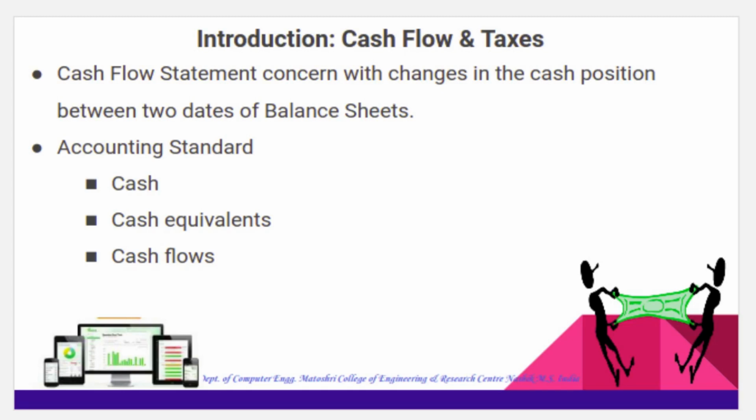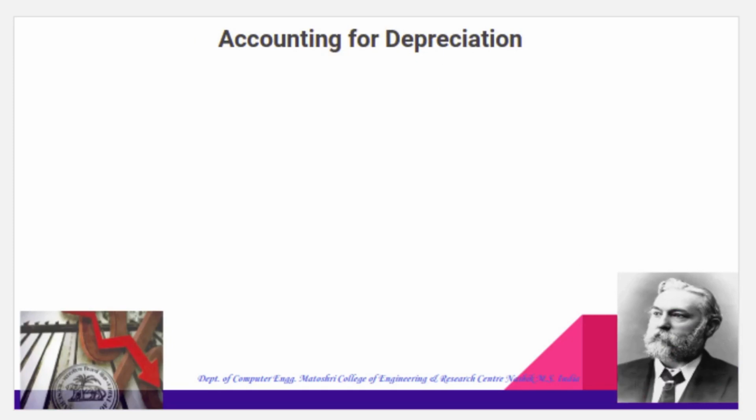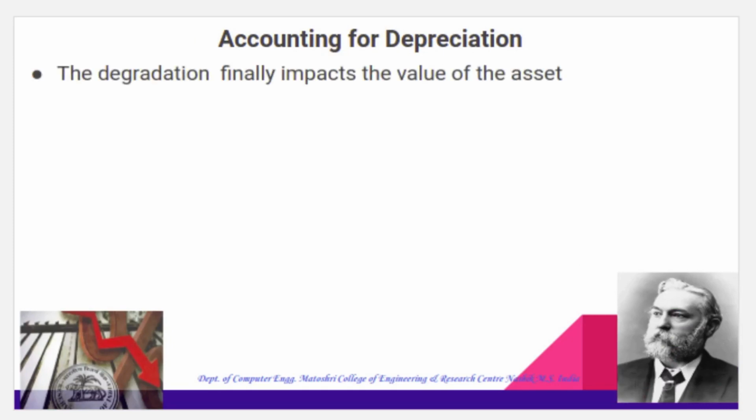From the next slide onward, we will be discussing cash flow, particularly in relation to a project, along with the study of the various elements. So next we will learn one important term, that is depreciation for accounting. Apart from assets such as land, goodwill, livestock and research and development, all other assets like building, machine and equipment, they are degraded.